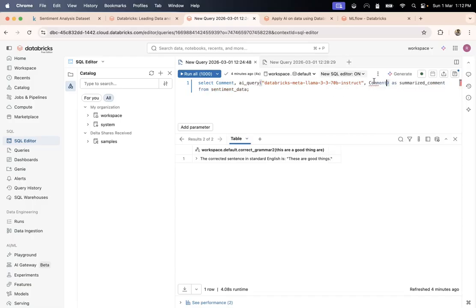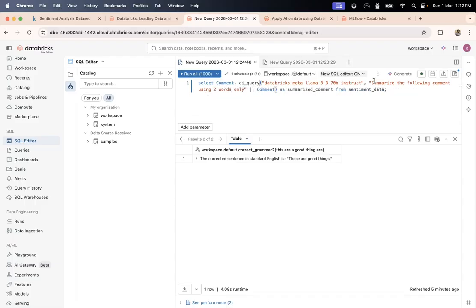So I'll do comment, and before this comment I'll add a text, and I'll join these two by using these vertical bars. And I can say summarize the following comment using 2 words only.